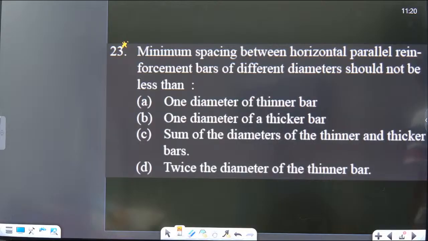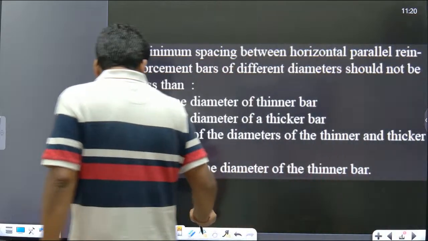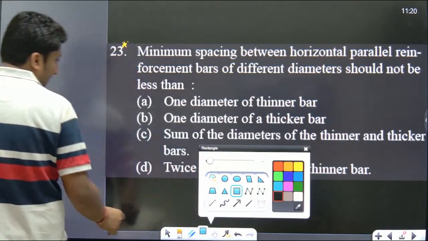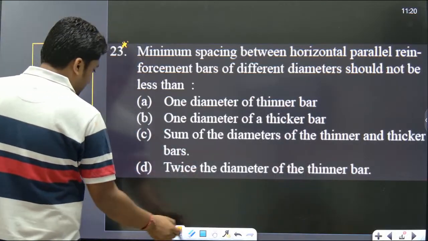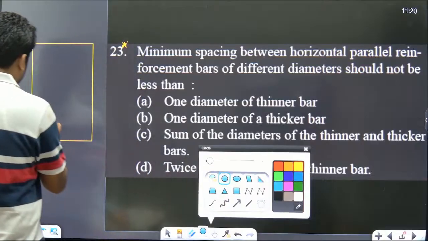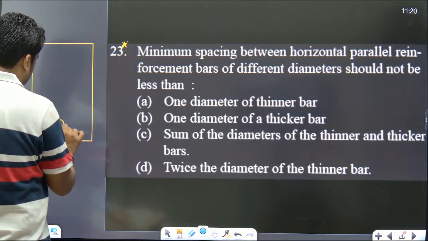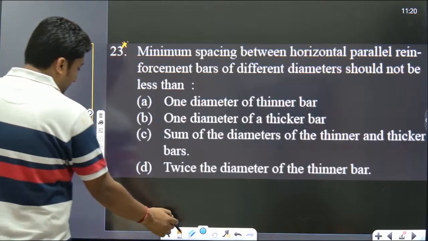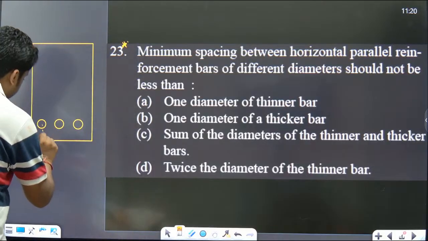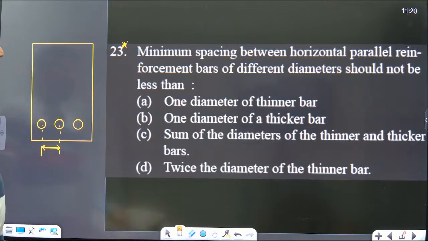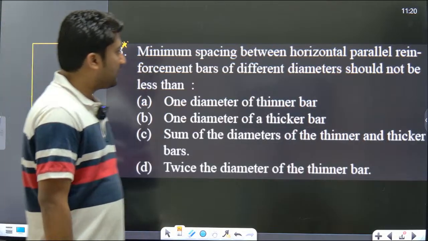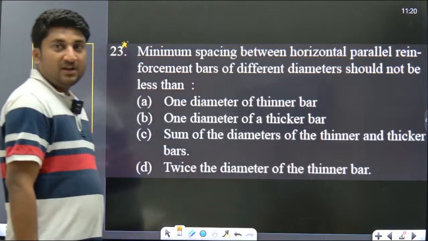So what is the correct answer? Now you can see very carefully. What is the minimum spacing? Minimum spacing between horizontal parallel reinforcement bars of different diameter should not be less than, you can see very carefully,